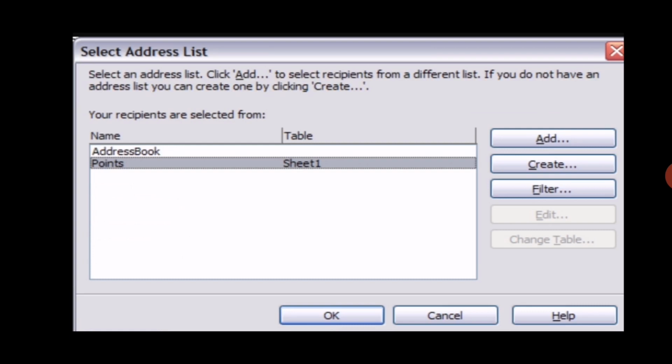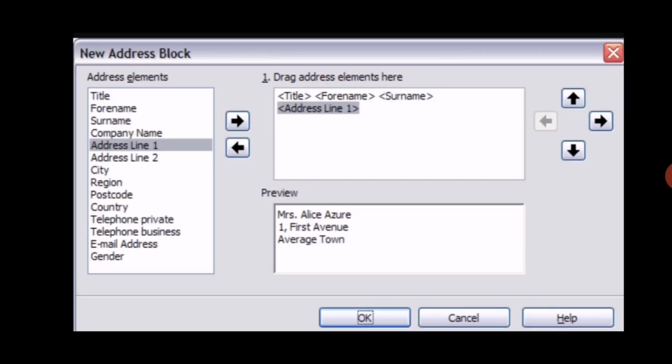When you click on the Next button, then Select Address List. An address list will appear in front of you on creating, then you have to click on that. After clicking on Select Address List, if you have already made your own database, then you can add it here. Otherwise just click on the Create option, and then a new window will appear, New Address List, and you can enter. You can see here the new address book.